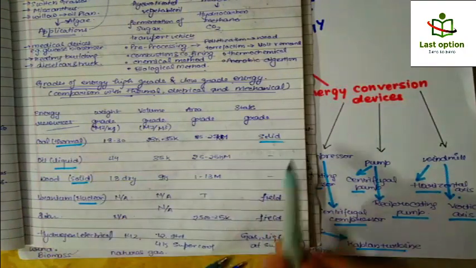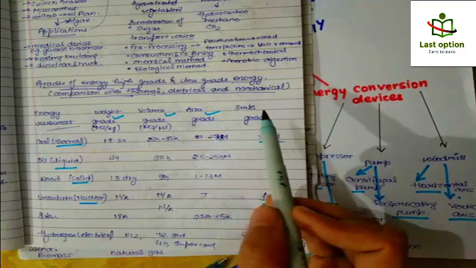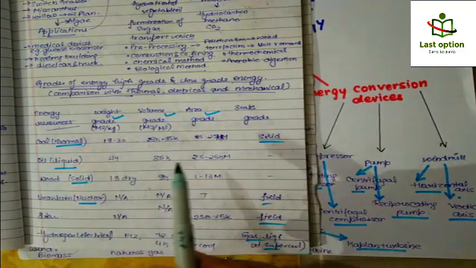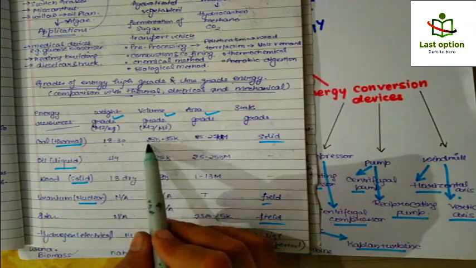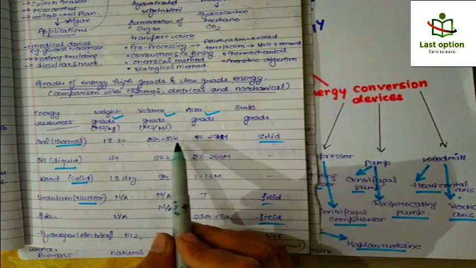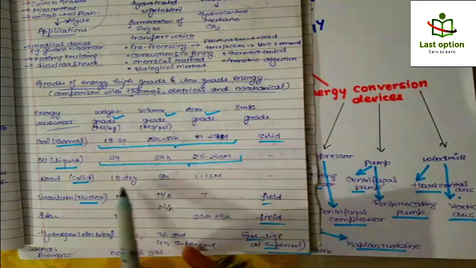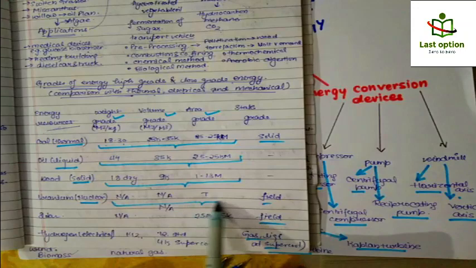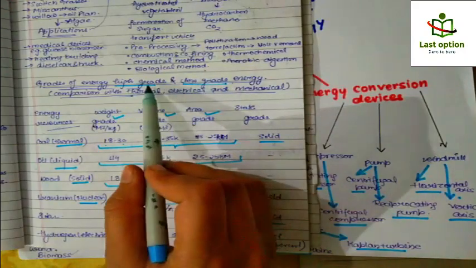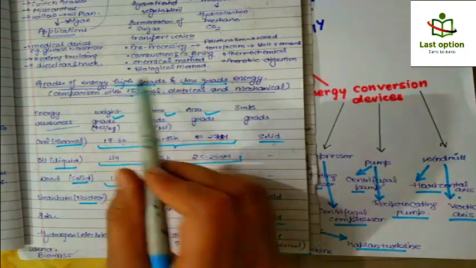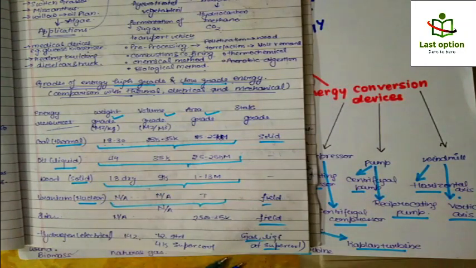The state is solid, fuel, gas, liquid. Then we have weight, volume, area. What you have to do is compare these. For example, coal has 18 to 13 in weight, 23 to 35,000, meaning the quantity used in thermal power plants, and in this way you can easily find out which is more effective. The definition of high grade and low grade energy is that high grade energy can be converted from one form to another, and low grade energy cannot be converted. So that's all for chapter 1.